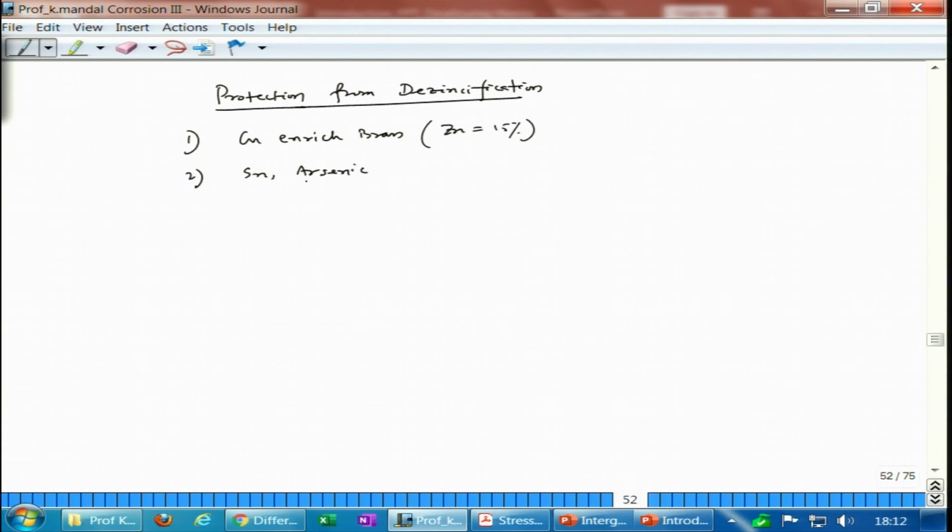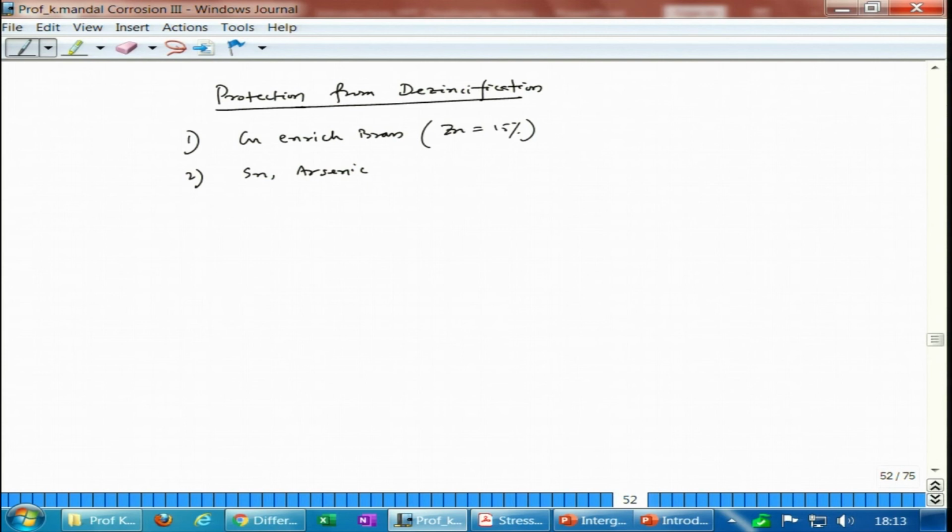So, what it does, around 0.1% or close to 1% arsenic, if you add it there, it actually deposits back and then prevents redeposition of copper ion. Though the first layer dissolves, after that arsenic redeposits back, so that it does not allow copper to redeposit back. So, one step is broken.